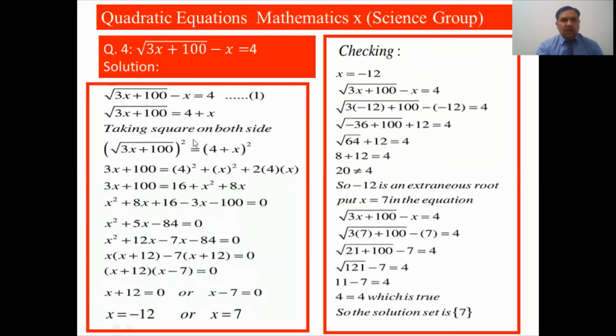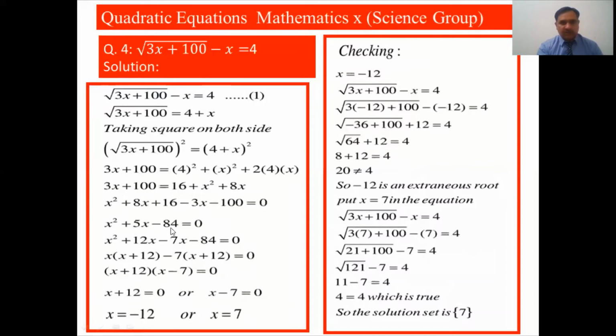So this is also the first type of radical equation. Now we just have to shift this minus x to the right hand side of the equation. Now we have to solve this type of equation. So how can we solve it? We just have to take the square on both sides. So after taking the square, here we have to use a plus b whole square. So after simplification,